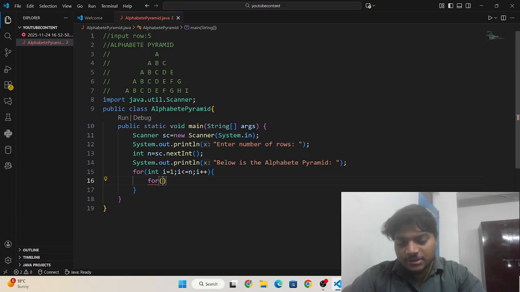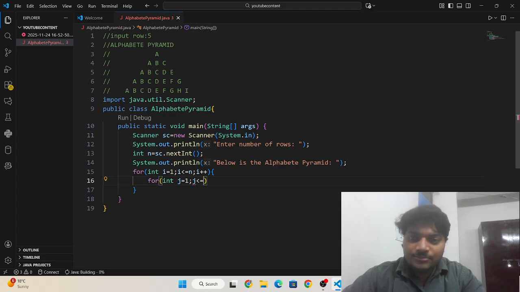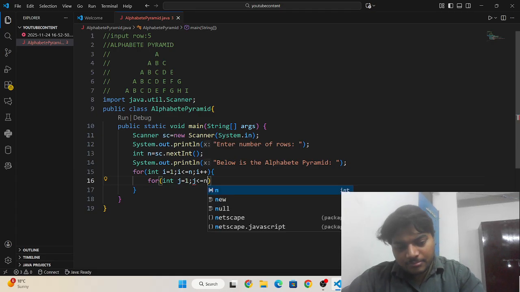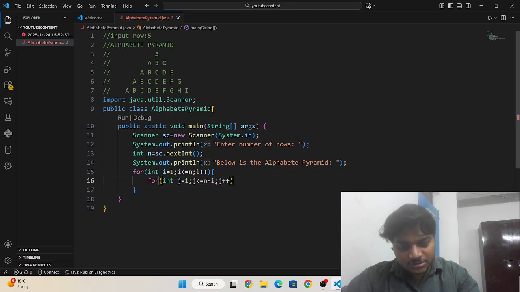So I need to write here int j is equal to 1, j less than or equal to how many spaces I need to create in each row. That will be equal to n minus i, and j plus plus.